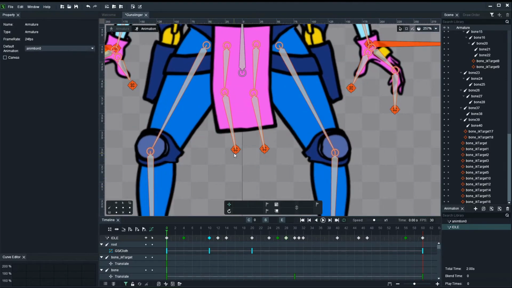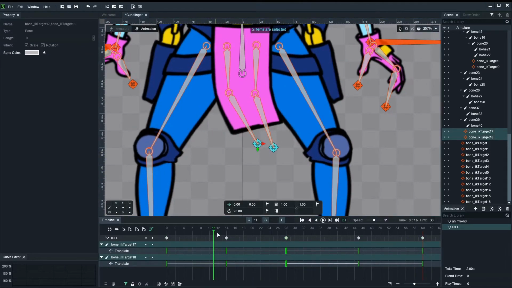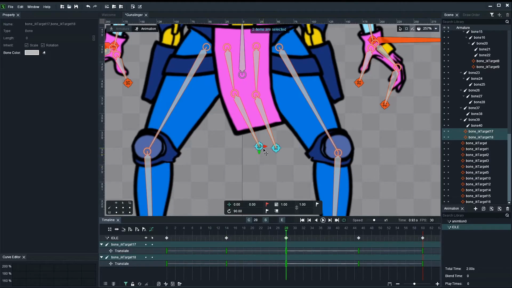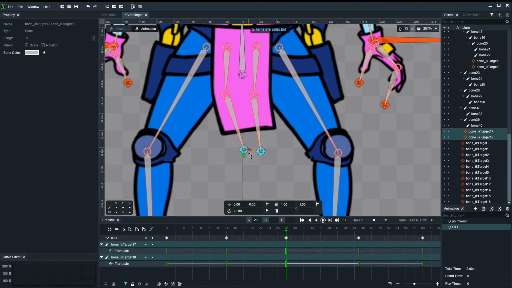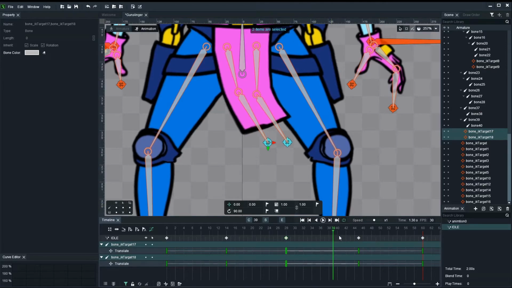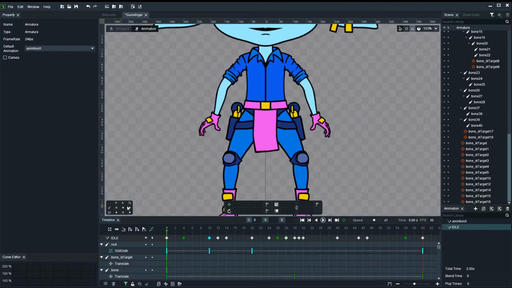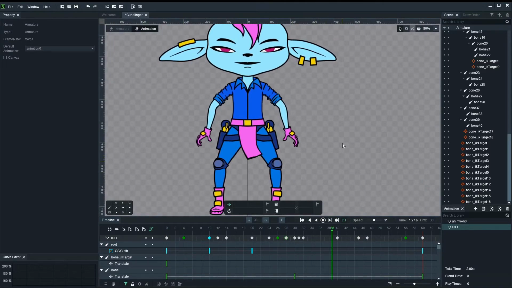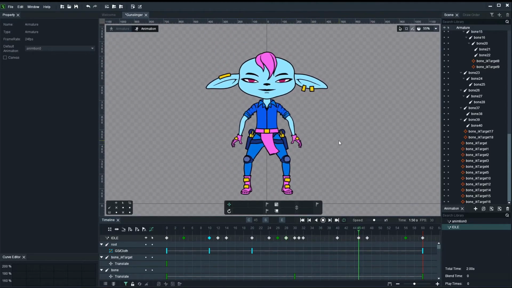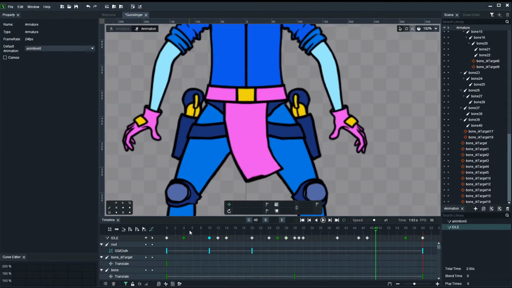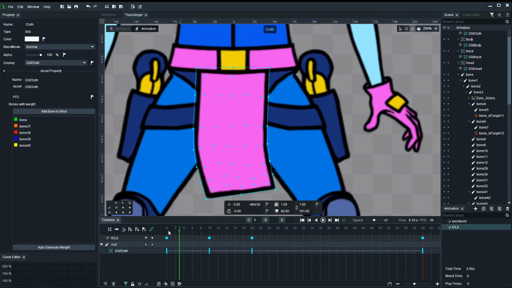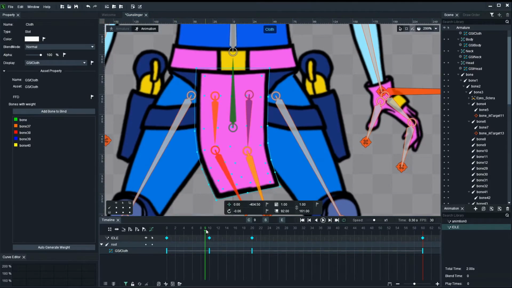So the cloth, let's look at it again. It goes up, comes down. It's pretty rubbish, there's nothing there. It should go there. Then it goes up and comes down. Okay. 1, 2, 1, 2, 1, 2. So I need to fix that bend over there. Now do I do it with, let's try just using the bones. So 1,